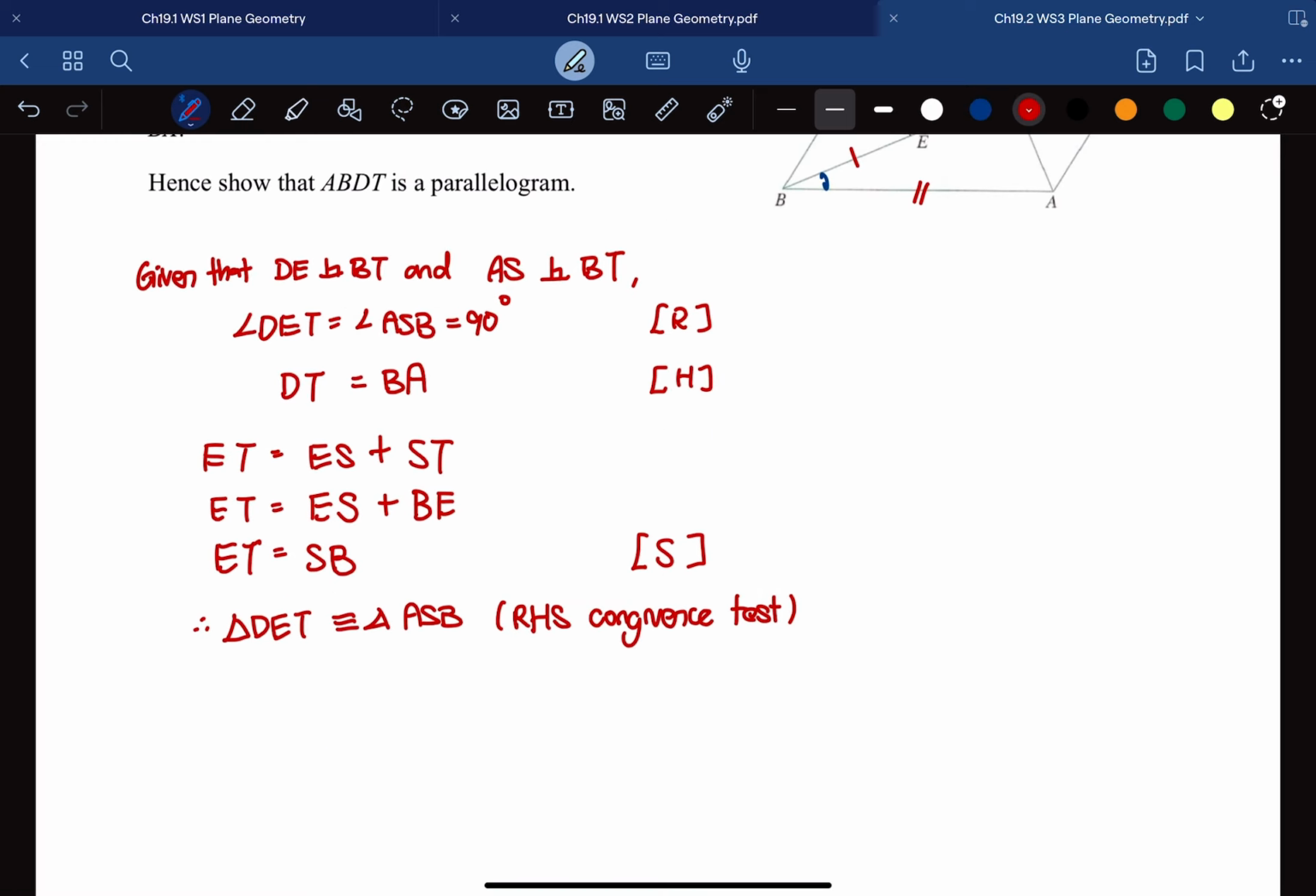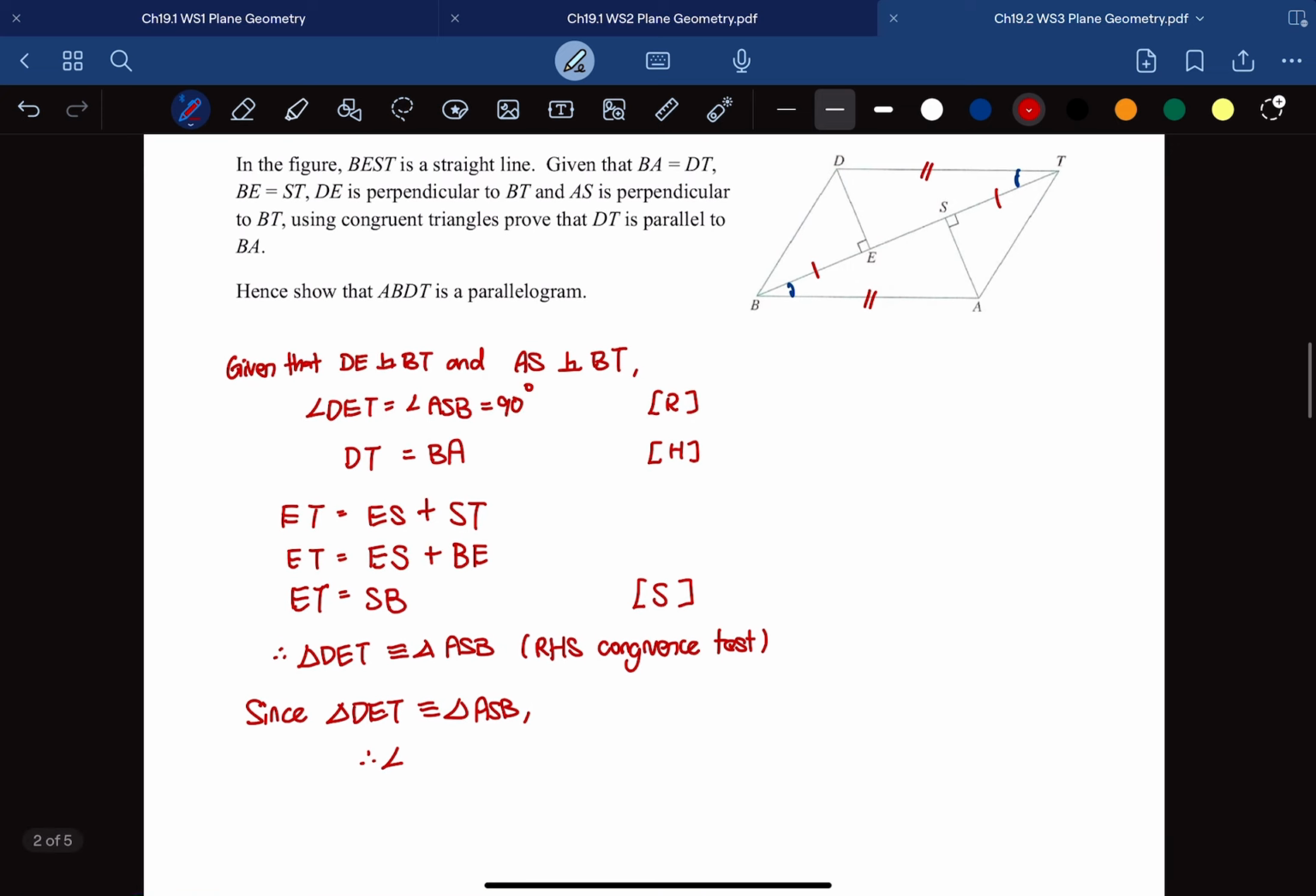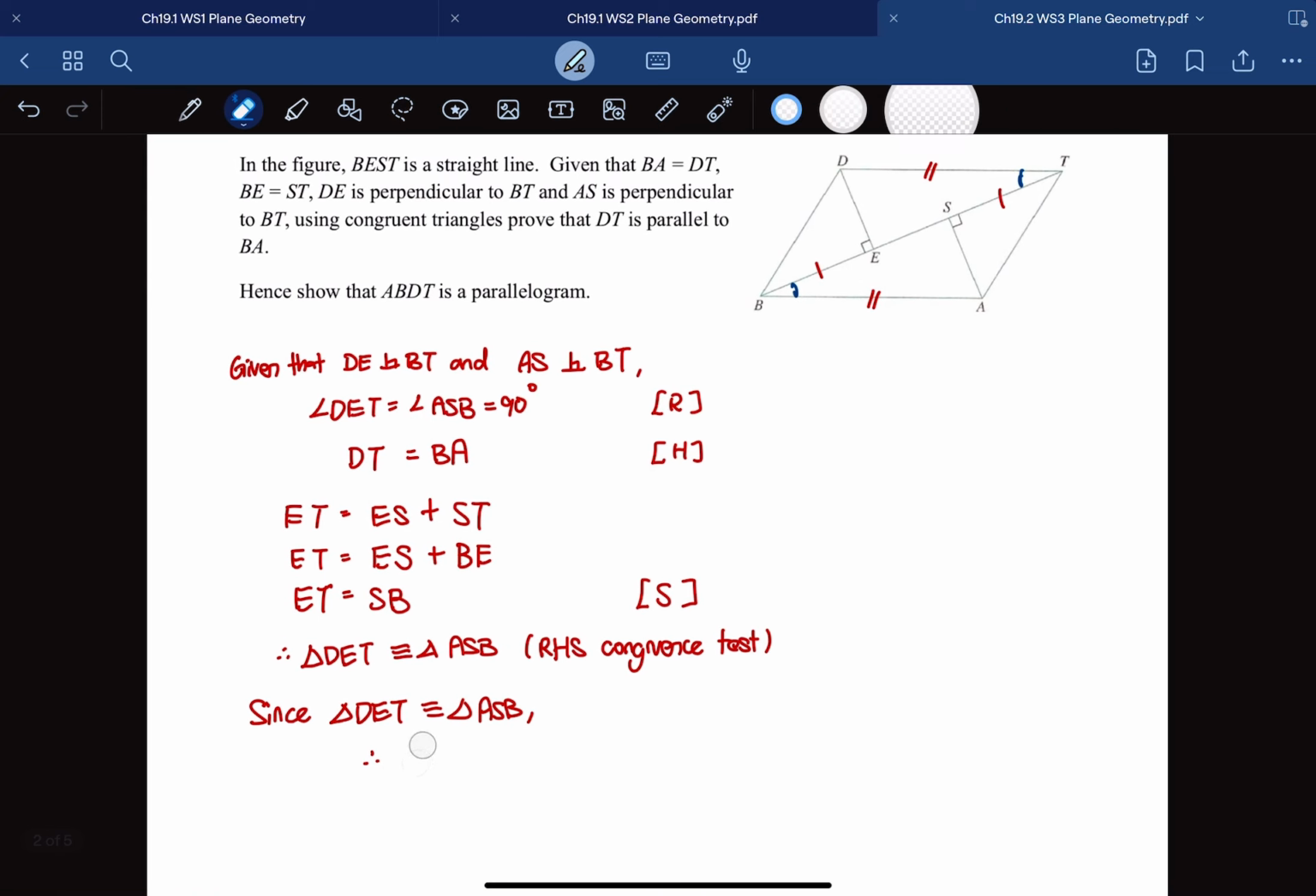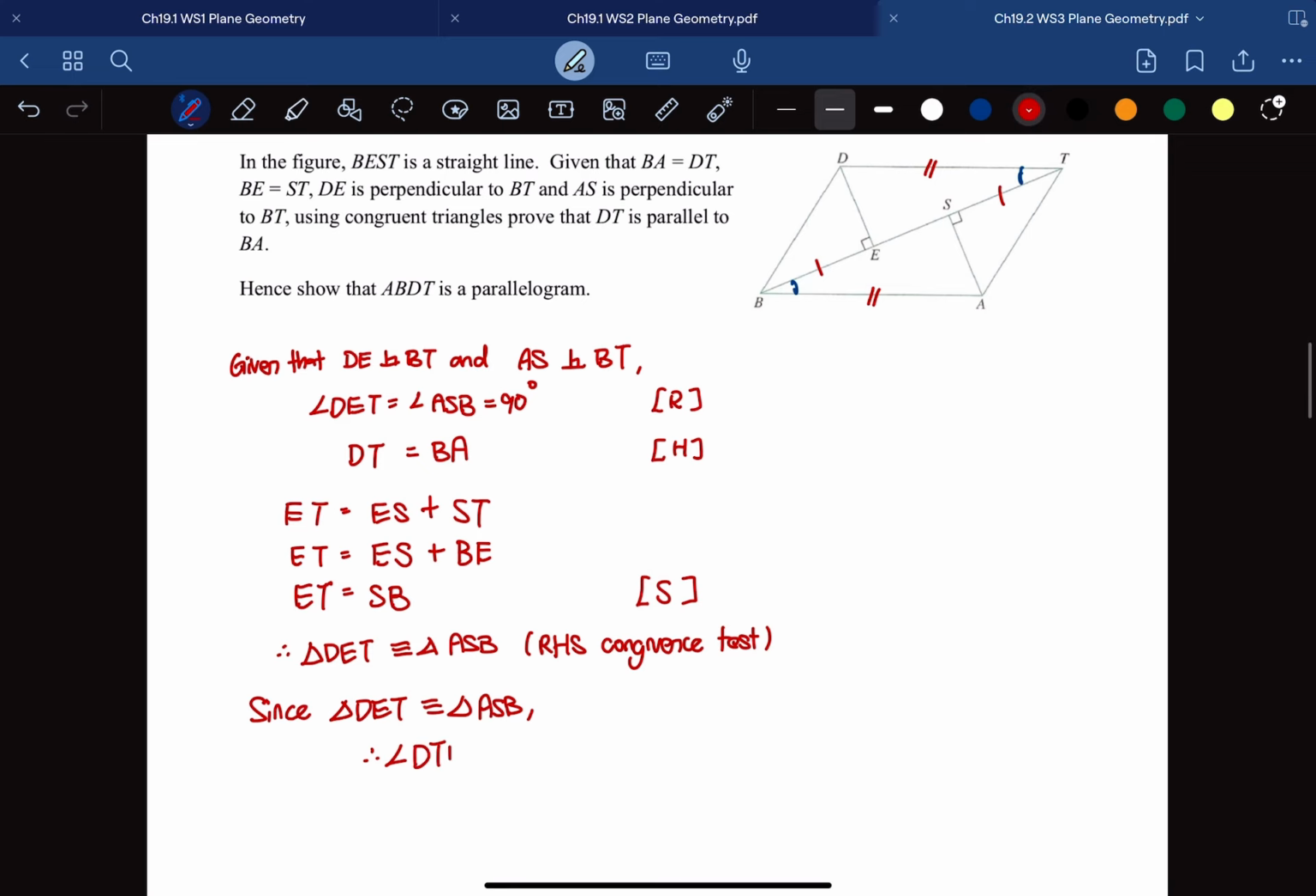So the next part is that since triangle DET is congruent to triangle ASB, I know that angle DTE is equal to angle SBA. DTE, it should be ASB. ABS. What am I talking? ABS. Okay, so therefore, from here, since I've made this conclusion that these two angles are the same,